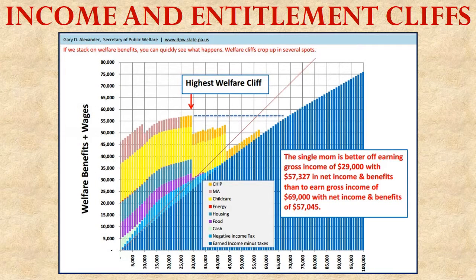This diagram represents what would happen to a single mom as her wages increase. So let me point out the features of this diagram so you can see what they are. First of all, we got a line kind of cutting across the middle of the diagram. That shows this hypothetical woman, single mother's wages rising. As we go from left to right across the diagram, we're saying she makes more and more money.